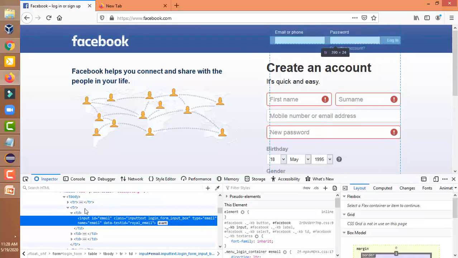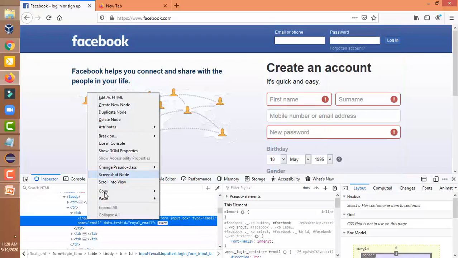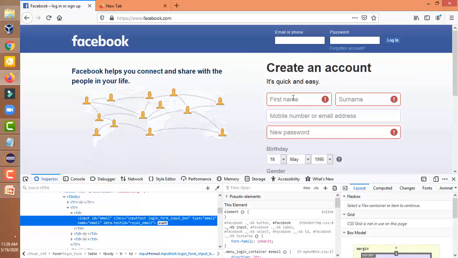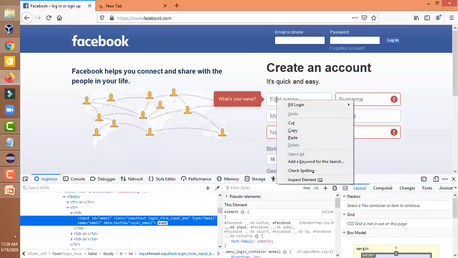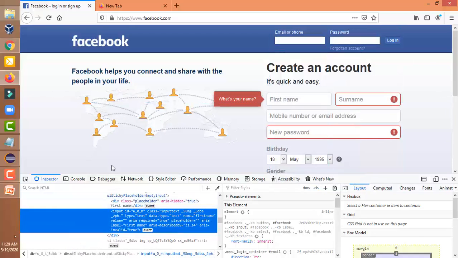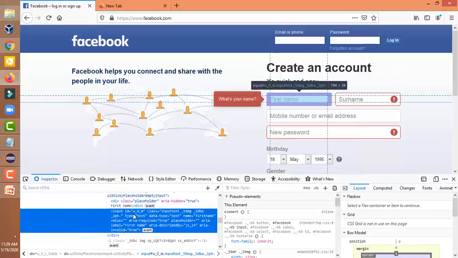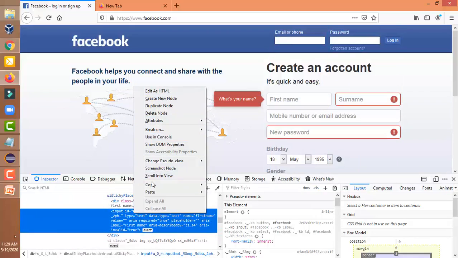If you want to find out the CSS, then copy and select the CSS selector. To find out the CSS, we have to select the CSS selector. Suppose we have to write the first name on this page. Select inspect element. This is the first name. Now copy what you want to copy: inner HTML, outer HTML.